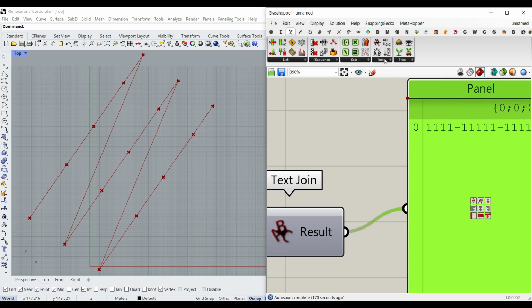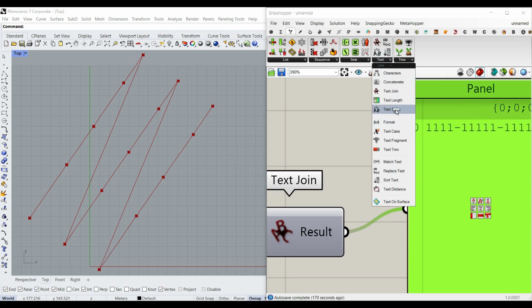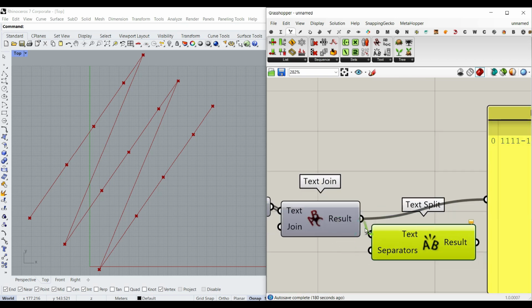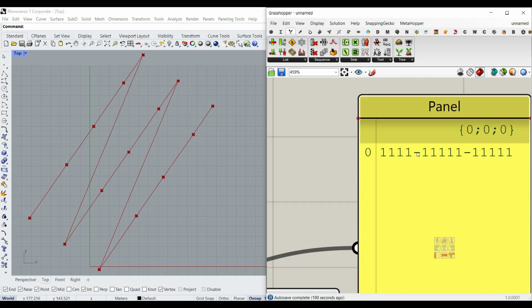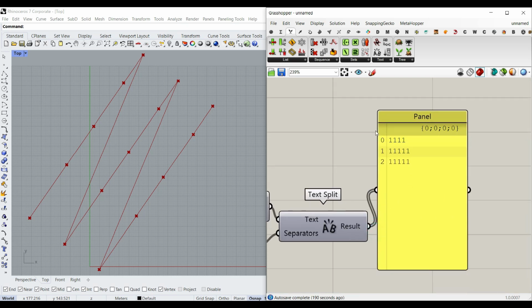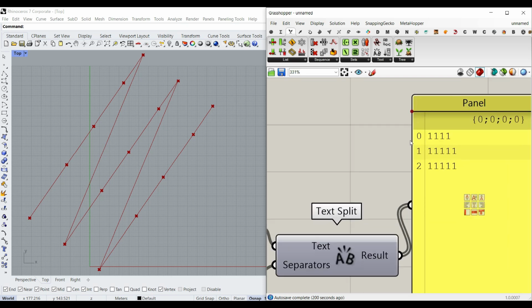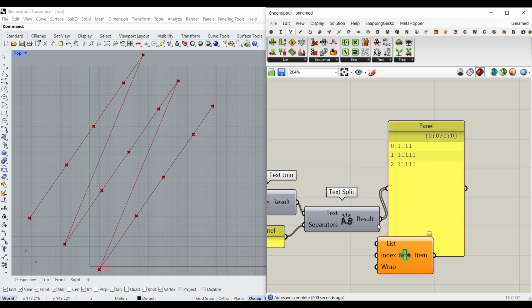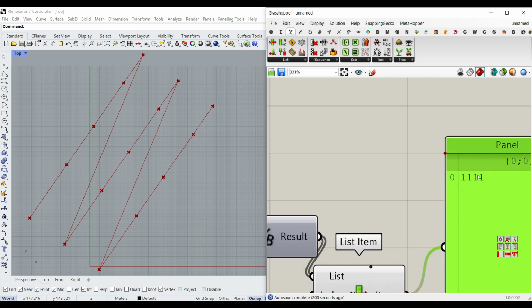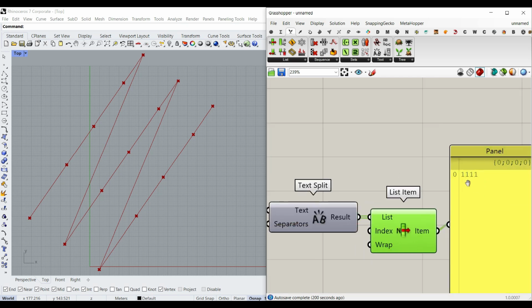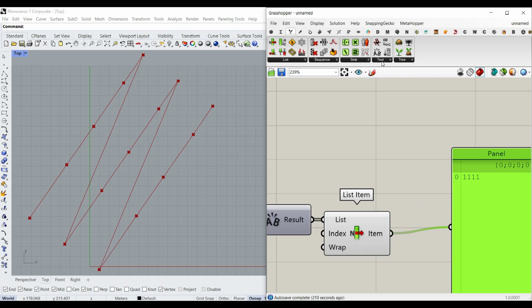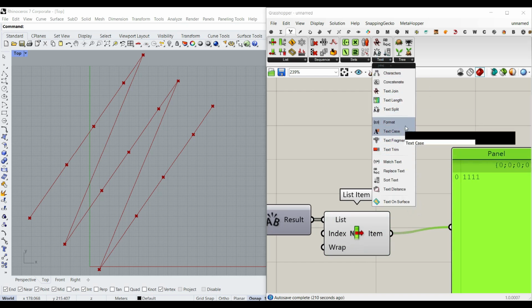And then what we want to do is to say text split. I want to split this with a minus, because what happens here is that it's going to say 1, 1, 1, minus 1. So we just want to see, here we go. You can see it's just going to split that into groups after it sees the minus 1. And we're going to pick up the first one, just list item 0, because we just want that. And how many, the length of this text. So I'm going to say text length,